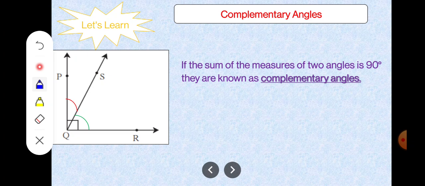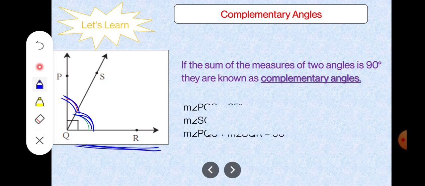So if you look alongside on the left side at this figure, this angle is angle PQR. In that same angle PQR, we have QS, the arm which is dividing the angle into two parts. That is, we can see the two angles are angle PQS and angle SQR. So these are the two angles. Now if we measure angle PQS and angle SQR, what do you think the measure will be? Are they complementary angles? Let's check it out.